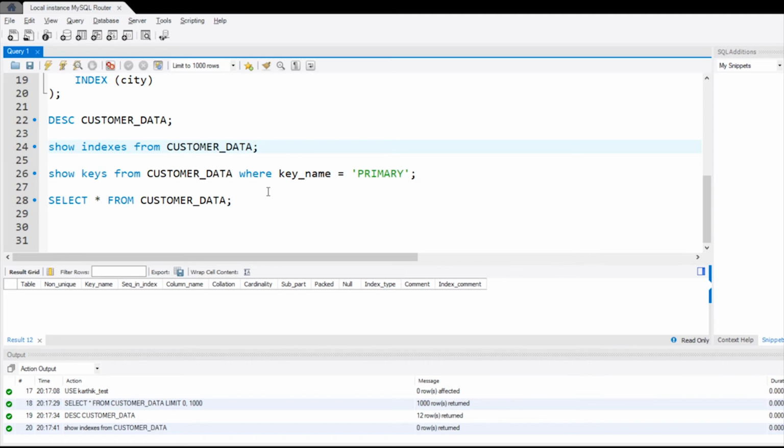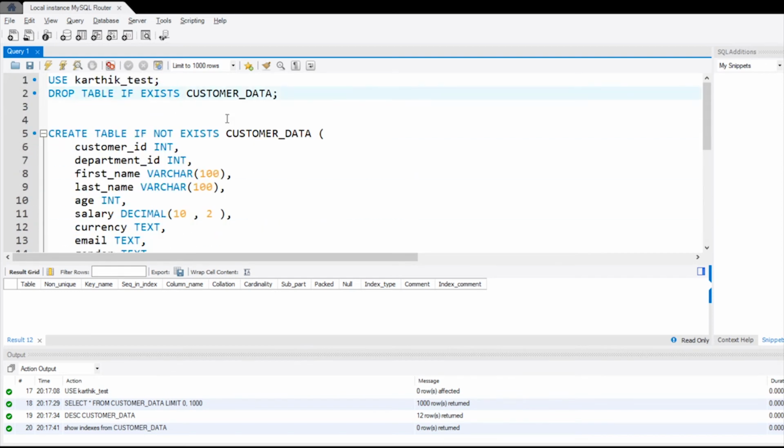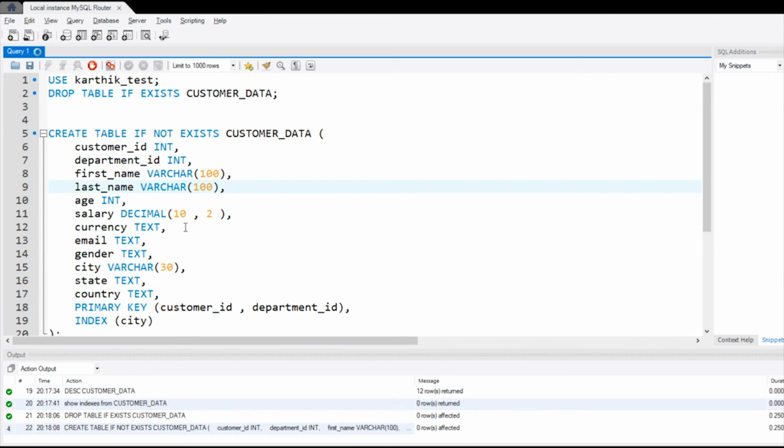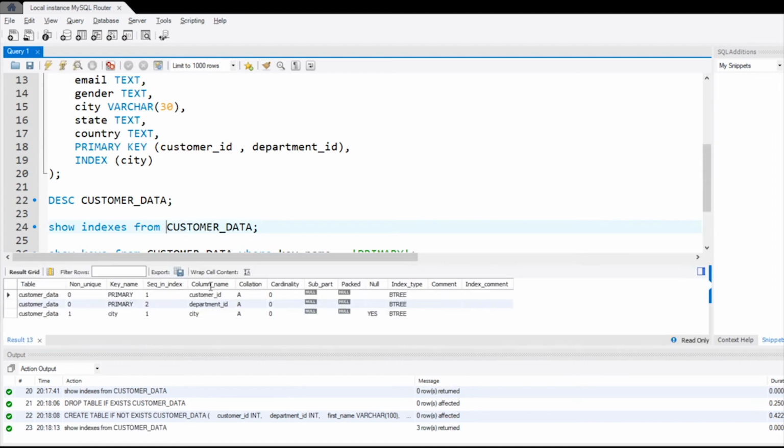Now we will go back and enable truncate. Before running in truncate true mode, I am just dropping this table and recreating it so that we can make sure that our existing table has the schema, like primary key and indexes, already present. Okay, now it is there. Now I am going back to Spark in the Jupyter Notebook and trying to load the data into MySQL with truncate enabled.